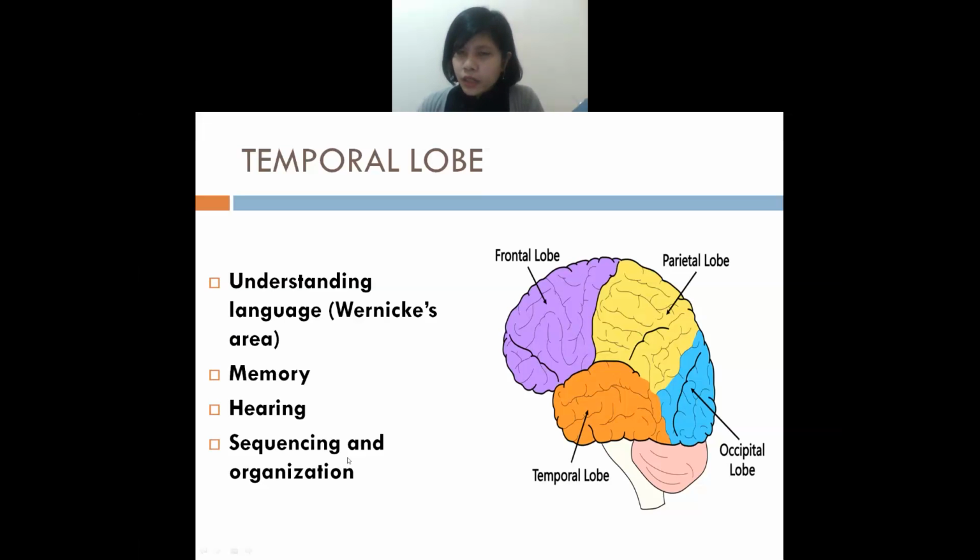It means sequencing and organization. Even when you stand in a line, what happens during school or assembly time? Always the taller ones stand at the last, isn't it? And the a bit shorter ones stand at the front. So sequencing and organization means that you have to arrange them in a proper way, in a sequence way, in an organized manner. So the temporal lobe helps you in all these things.